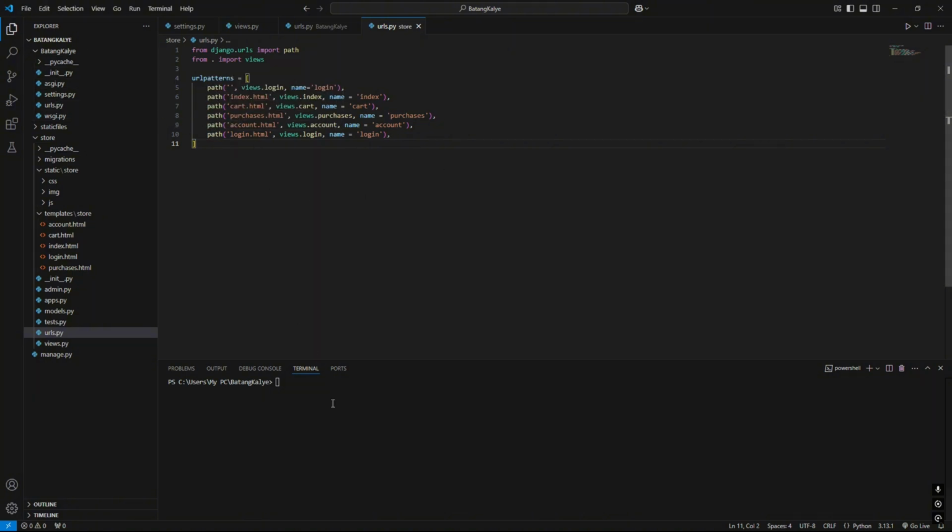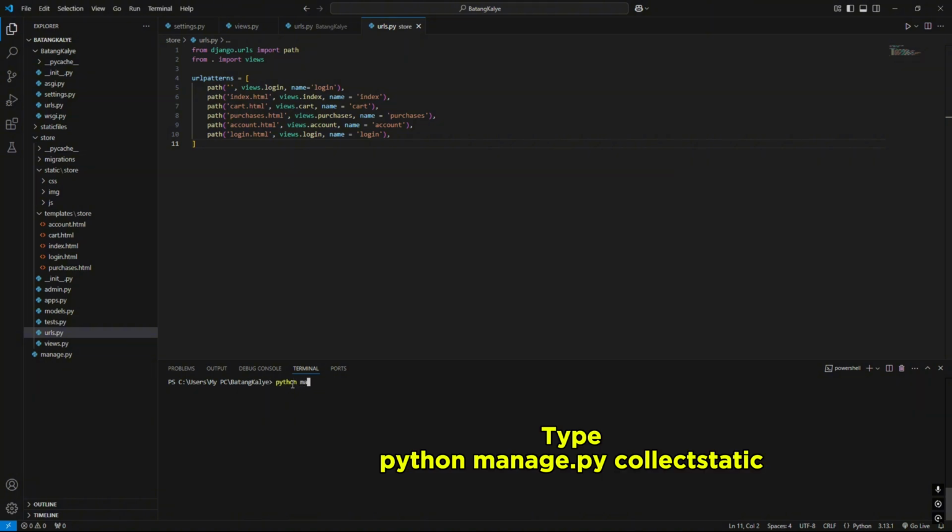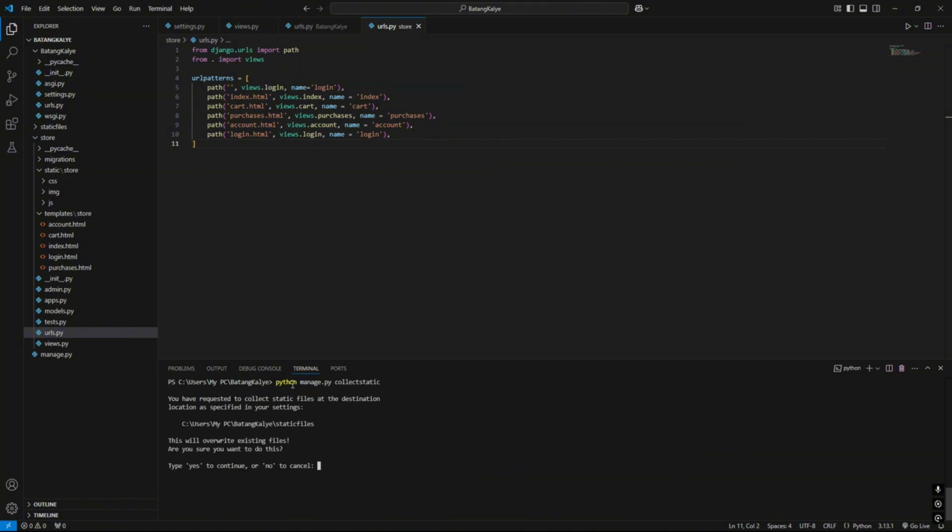So we're practically done here. We're just gonna collect all the static files. To do that, python manage.py collectstatic.